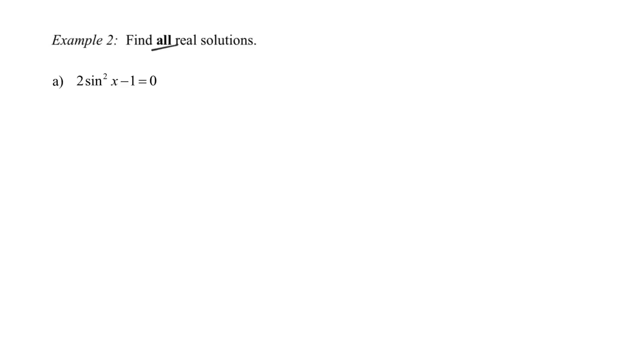And so to put that into mathematical symbols, what we're going to do is basically find the solutions from 0 to 2 pi, just like we did in example 1, and then we're going to add rotations to them. The way we're going to symbolize that is by adding 2 pi k to our answers, where k is any integer. That's going to be a way to symbolize any solution to these equations, where you can plug in any integer for k, and that's going to give you a solution to the equation. But it first of all starts with finding the solutions from 0 to 2 pi, which is what we practiced